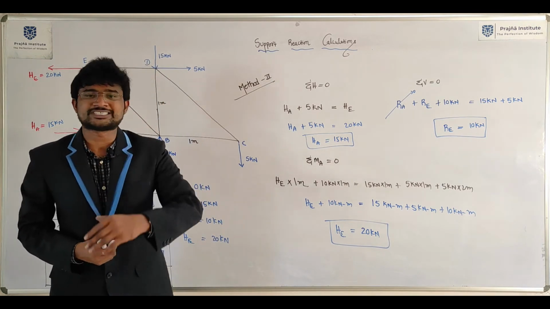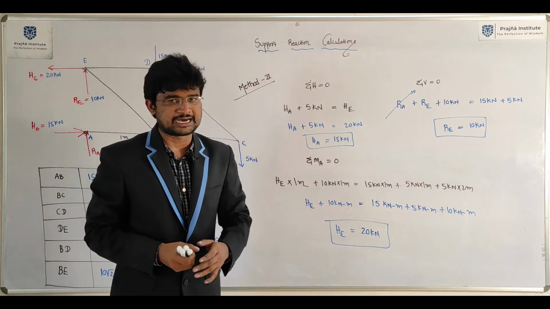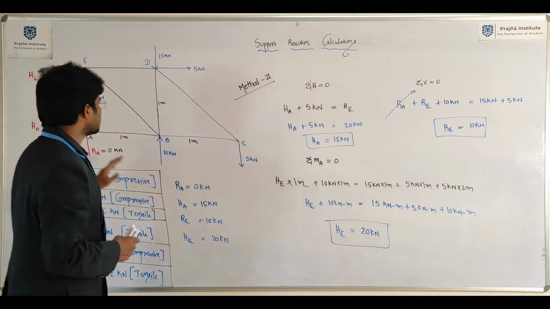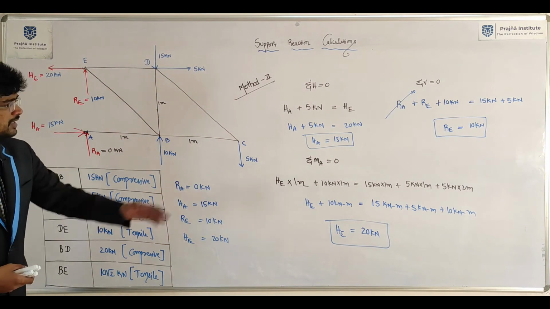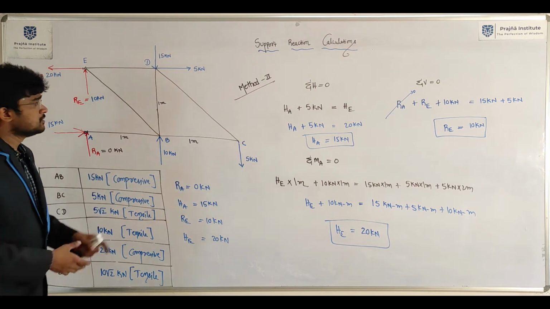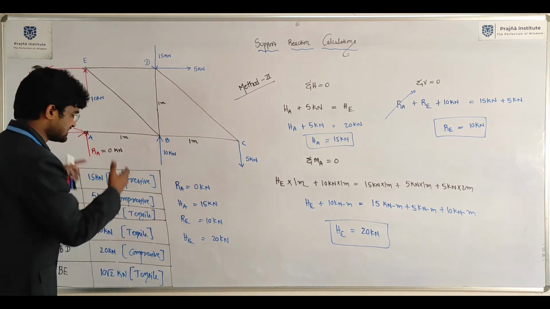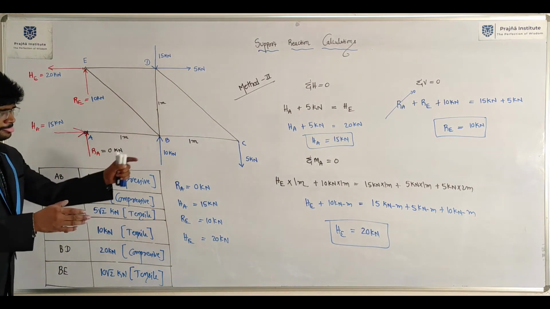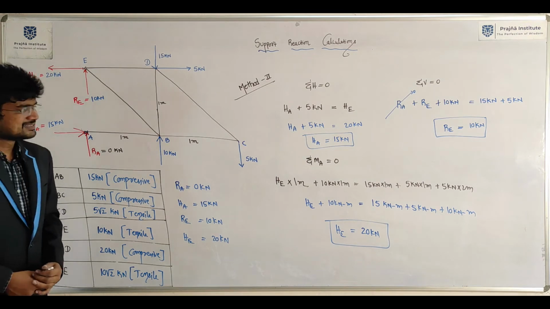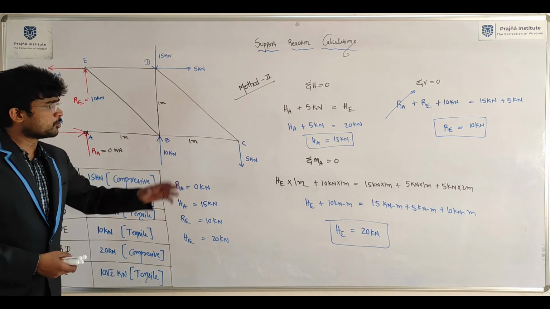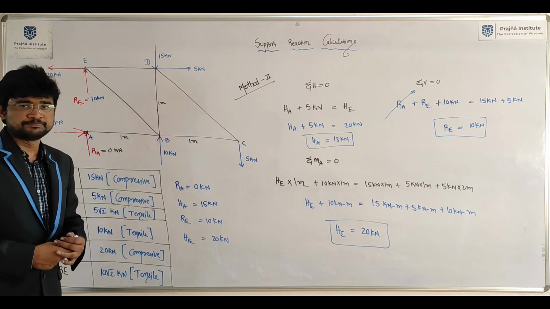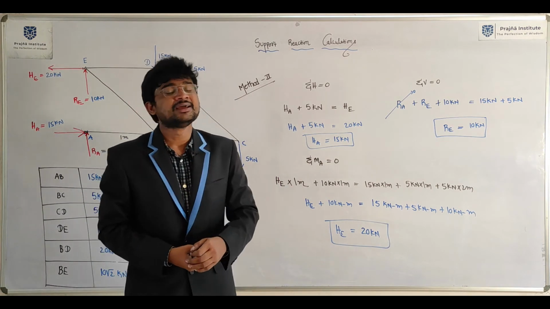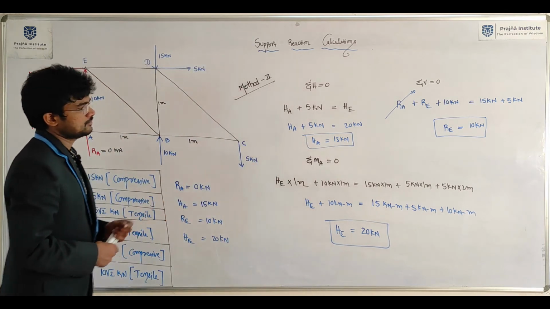You will get around 2 questions in GATE and other competitive exams. Okay, this is a wonderful logic to determine support reactions in cantilever truss. Now we can apply method of section. You should get the same values to determine forces in the members. This is the way to determine the support reactions by using method 2. So we discussed 2 methods to determine support reactions in cantilever truss.